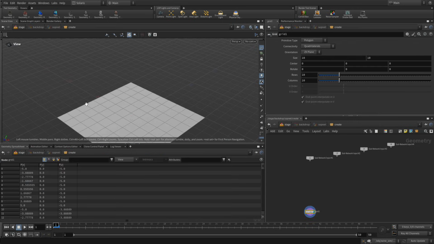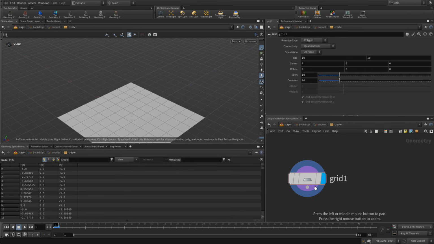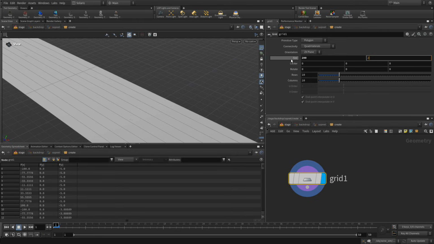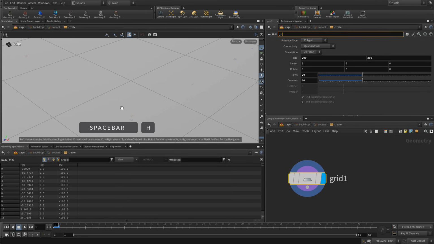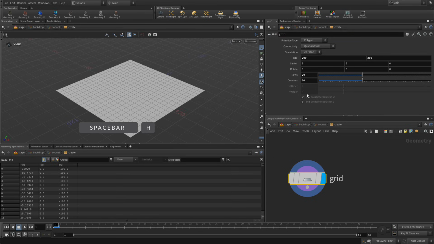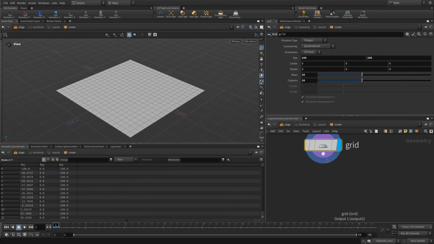Double click to go down here. So we take this grid node, and we're going to change its size to 200 by 200 and the rows and columns to 20, 20. Okay, so once we have that, what we want to do is